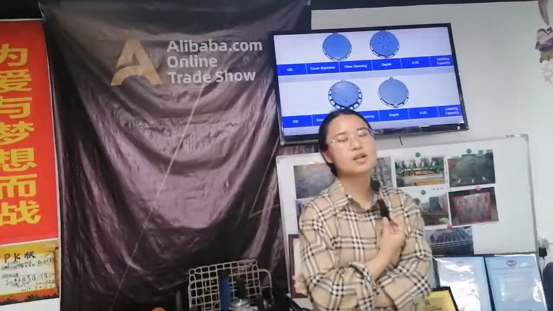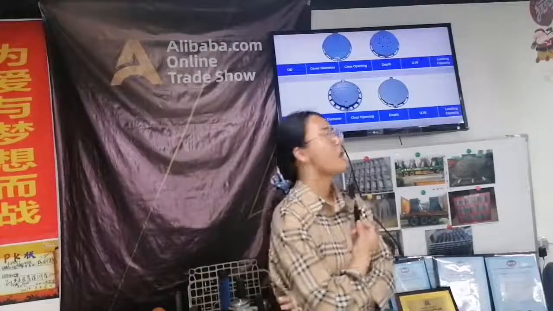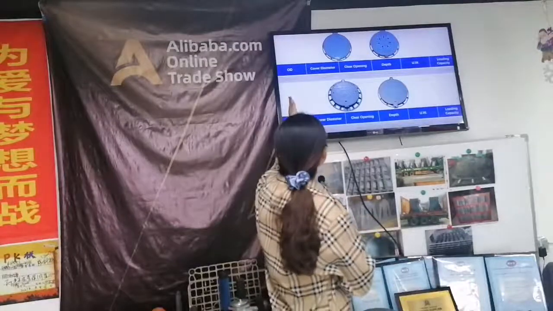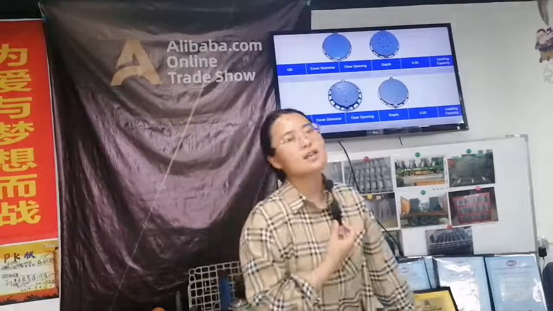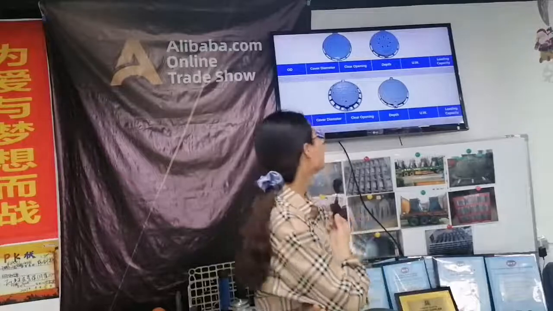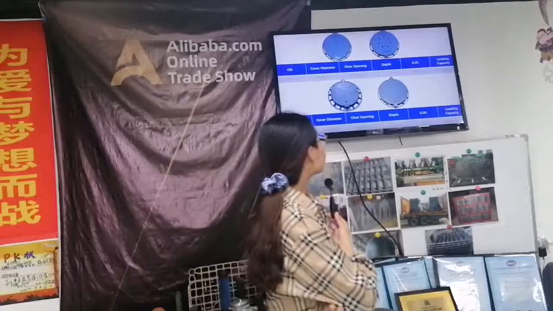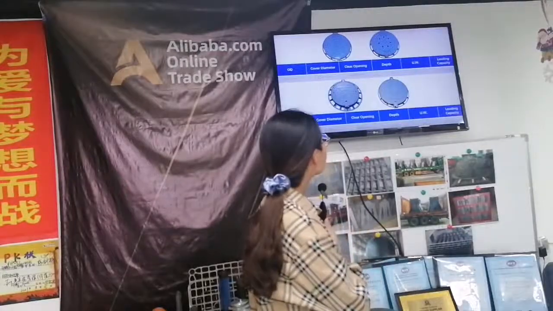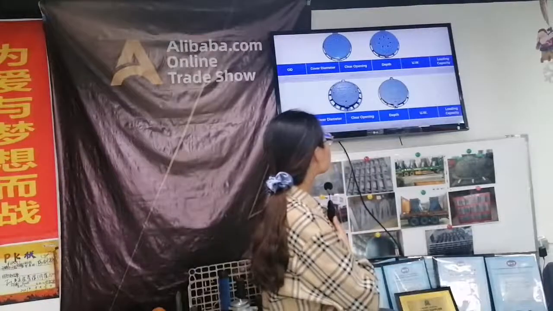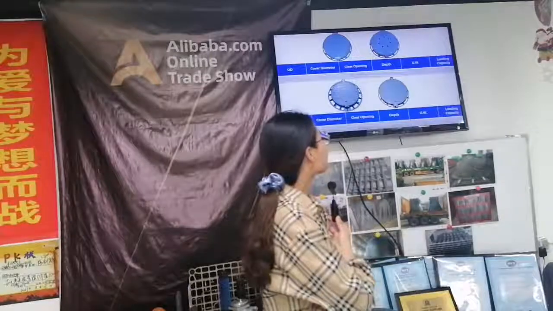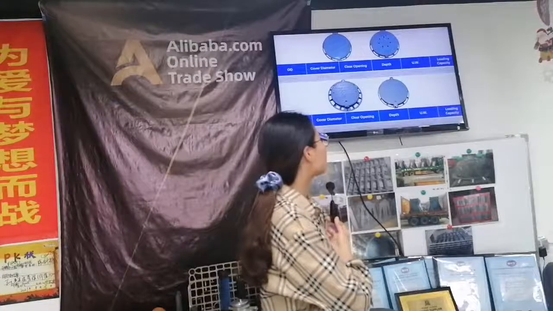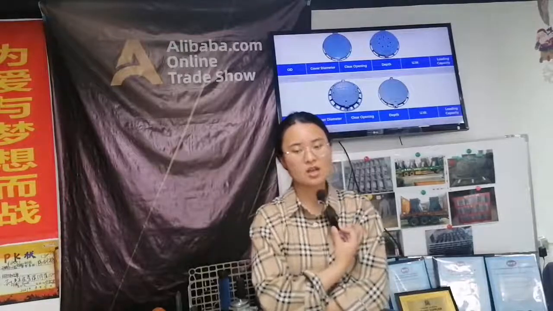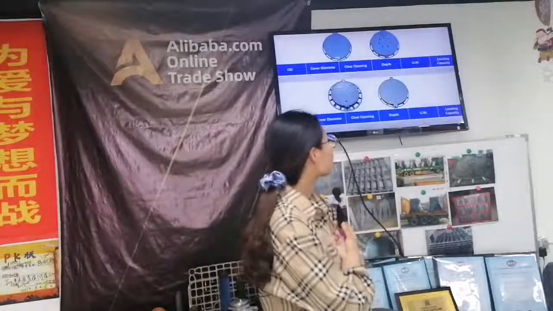If you need a bearing capacity of about 40 tons, you can try this one. The outer diameter for this one is 650 millimeter. The cover diameter is 540 millimeter. The clear opening is 510 millimeter. The depth for this one is 100 millimeter. The unit weight is about 58 kilogram.